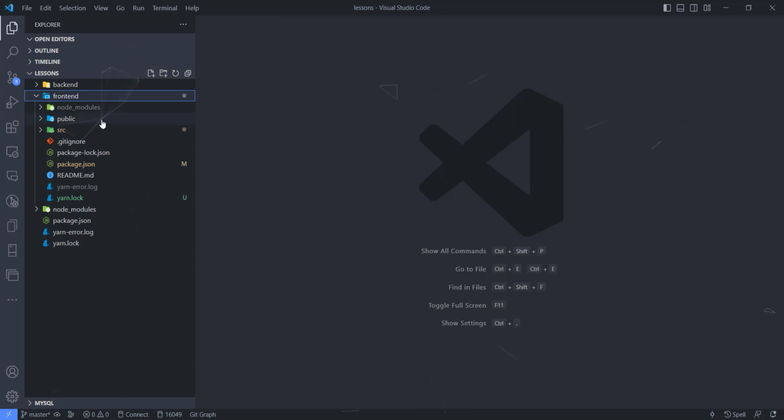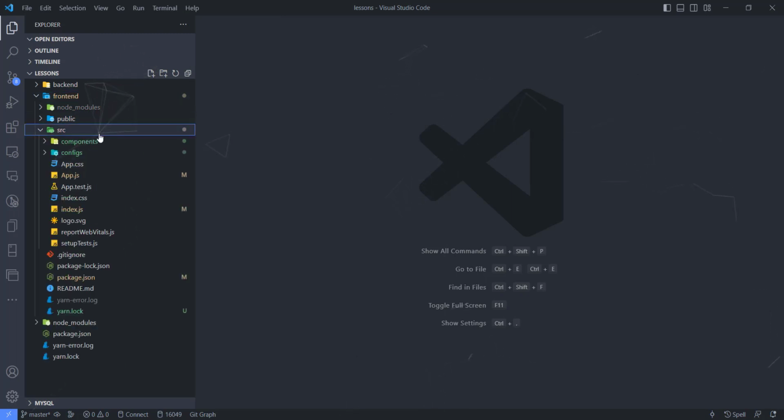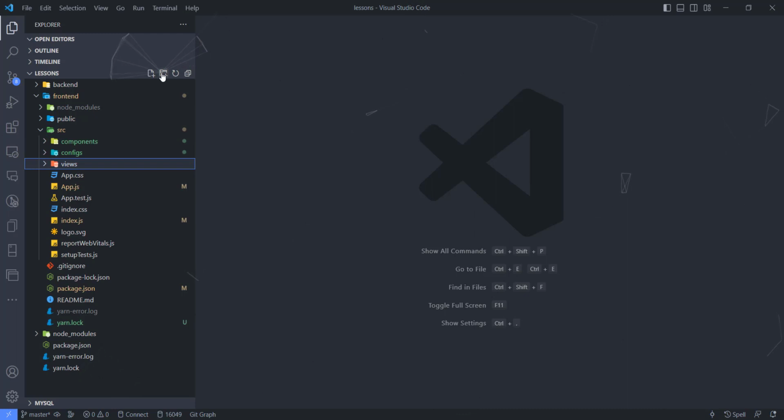First of all, I actually want to put all our views. What I mean by views are all our pages, because we're going to have about 3 to 4 pages on this app. We're going to put them within a particular folder, and I'm just going to call the folder views. Now, this is going to hold all our pages. So let's start by creating a very simple